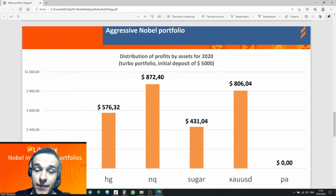It's the only asset that represents the stock market here. We have also sugar, we have gold, and we have palladium. And also we can see the profits that were generated by different assets. Pay attention that some assets have shown almost zero profitability. In some cases it could be even a loss, but it was compensated by the assets that have shown